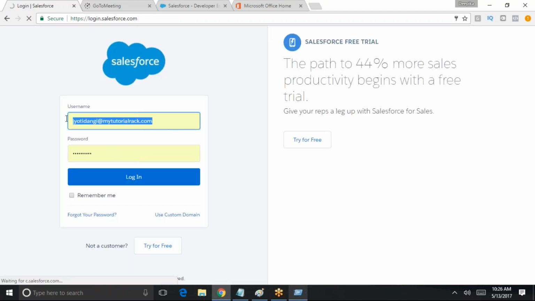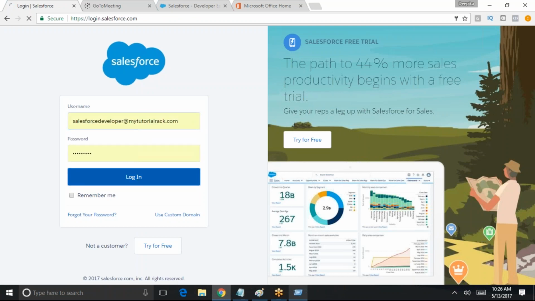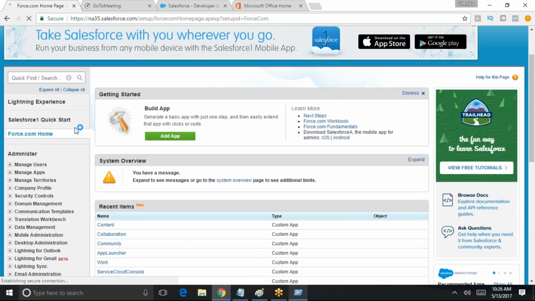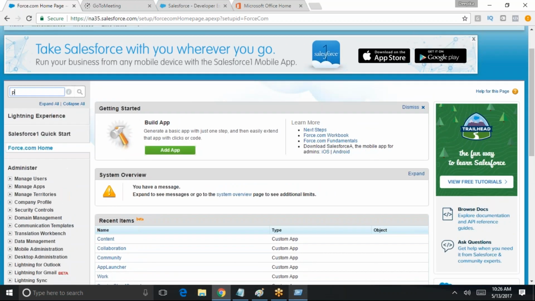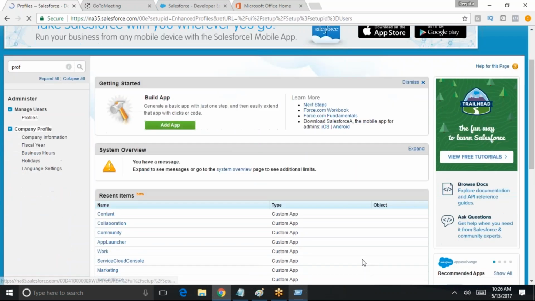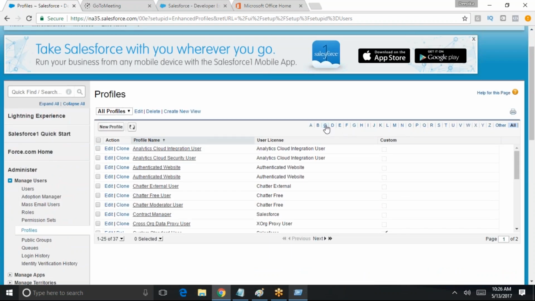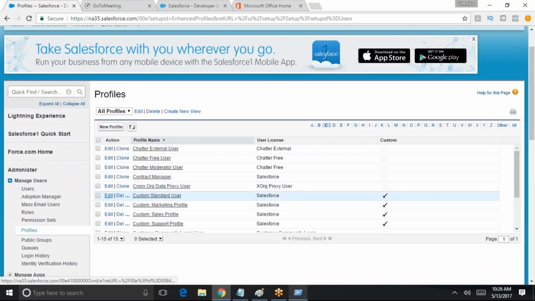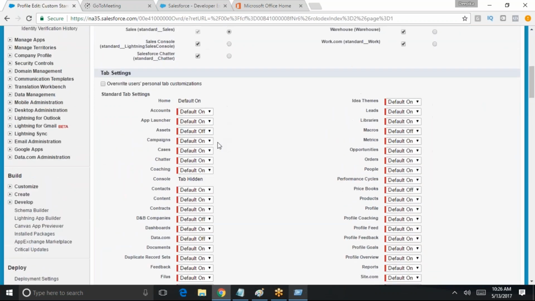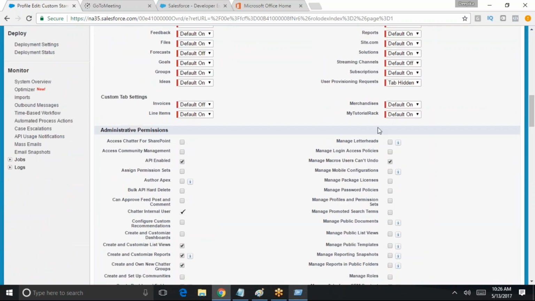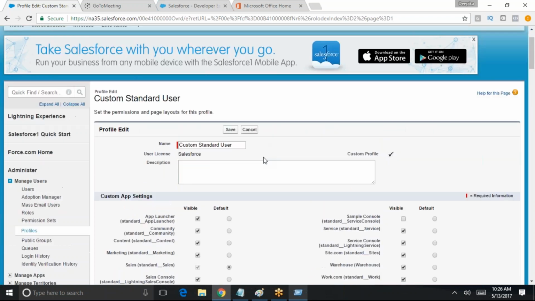So let's take that example. Here, if you go back and log in as the Salesforce developer, go to profiles and go to the custom standard user, and now if I change it to tab hidden, then what will happen is, I no longer will see the tab